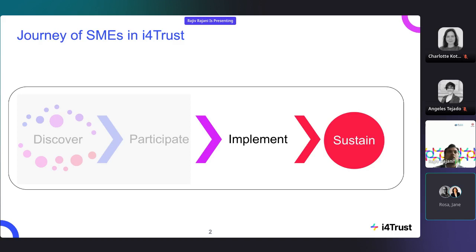You participate, which you did by applying for this call and sending us the proposal along with the details of what your challenge is and how you plan to solve it. And of course, you are the ones who were selected through the selection process. And here we are now in the third phase, that's the implementation.